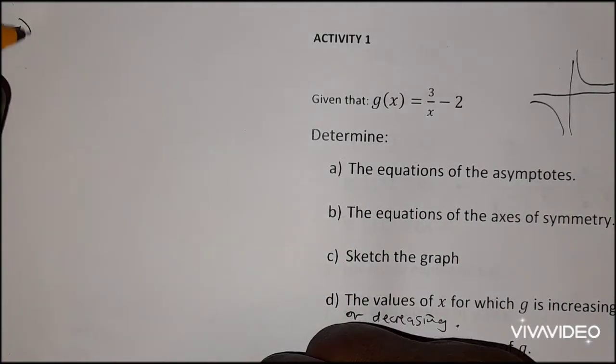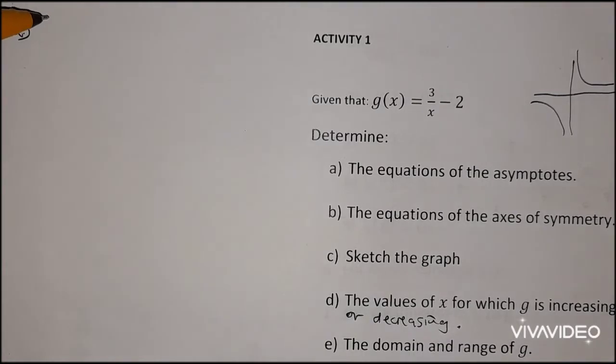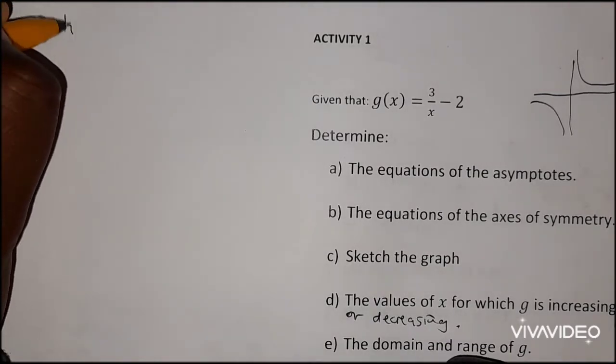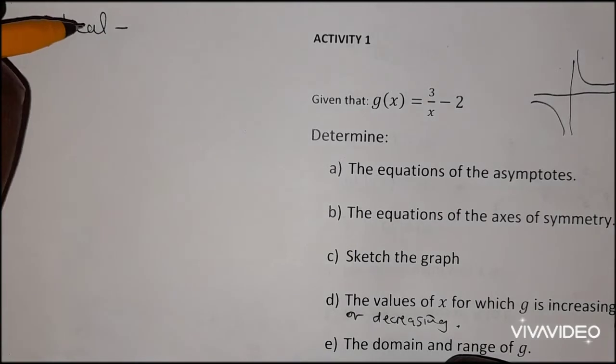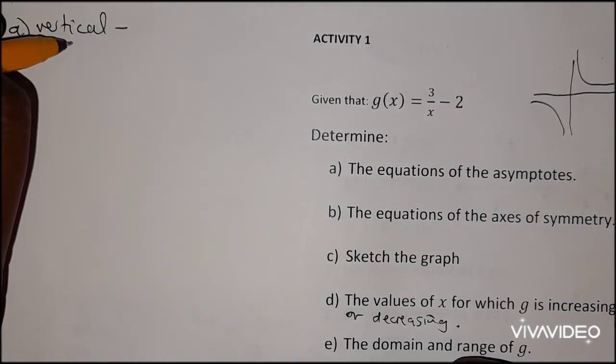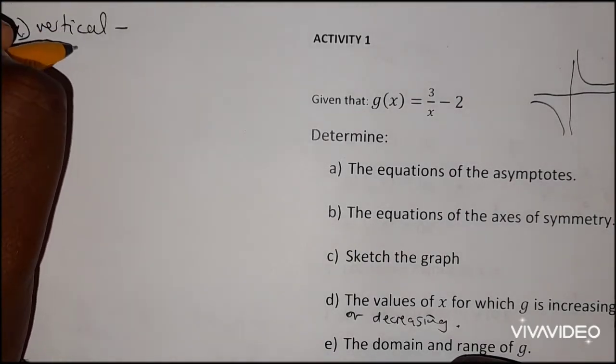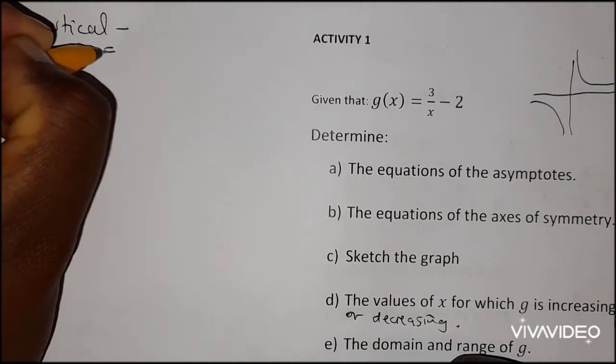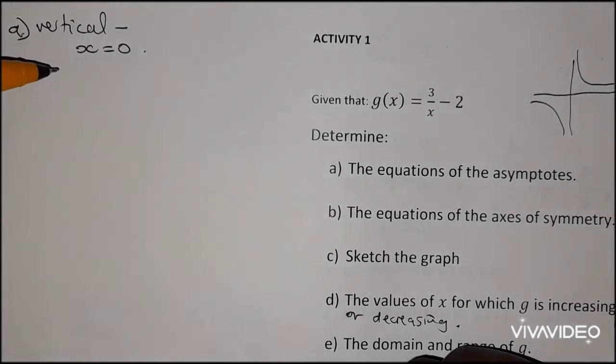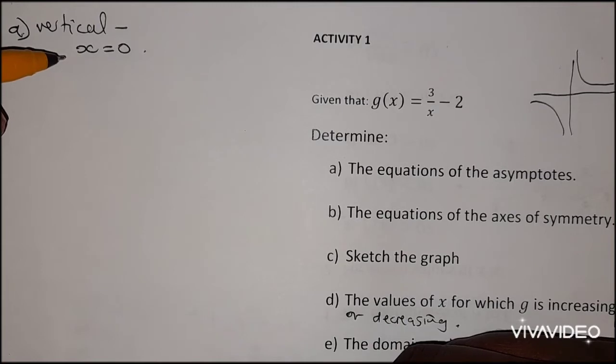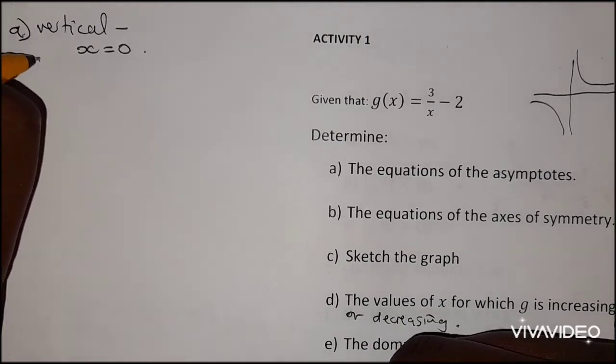The first one, the vertical asymptote, will be the y-axis, and the equation of the y-axis is x is equal to 0. This is the equation of the y-axis, so that is our first asymptote. And then the